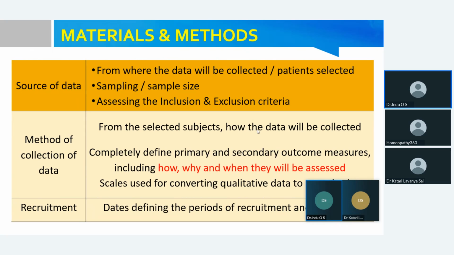Okay, so while preparing the title, your title should be very short and precise, like a mini skirt. Some people used to call it a mini skirt. Mini skirt means it should be short, but it should include all the elements, right? So like that, you have to prepare a catchy title which should include the elements of PICO. Okay, population, intervention, then comparison. Last one is outcome. So the minimum requirements are these four elements.